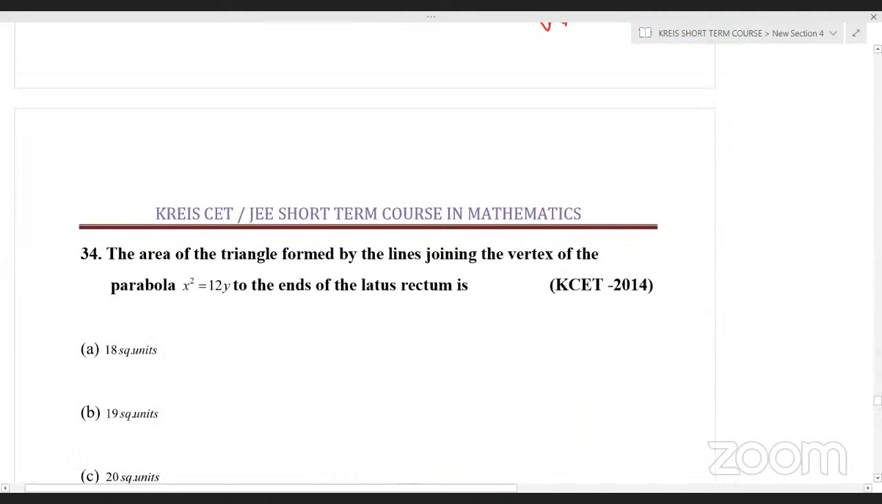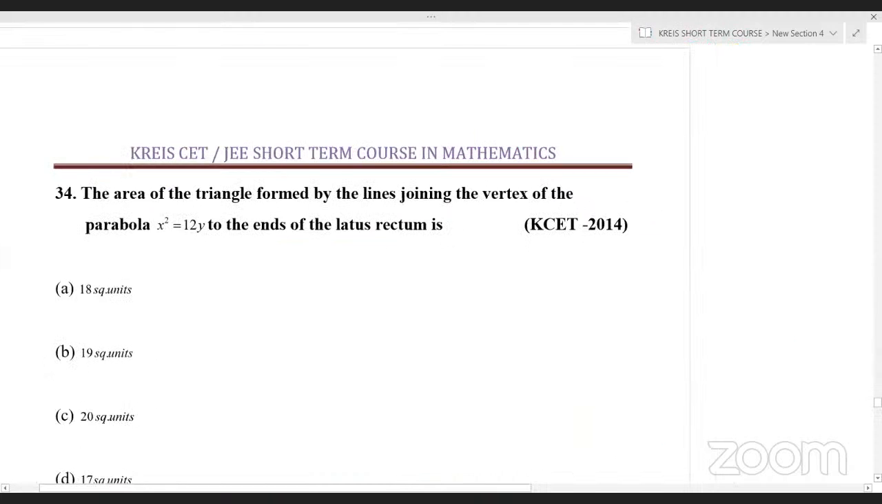Now the 34th question. Area of the triangle formed by the line joining the vertex of the parabola x squared